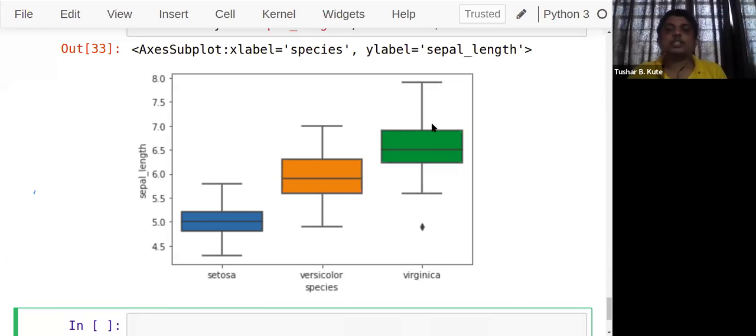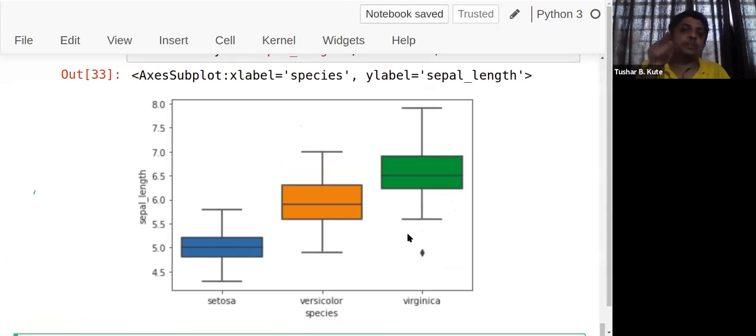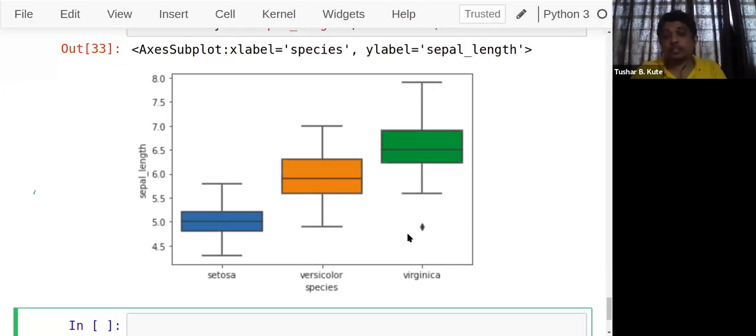Now, what is a quartile? See, the center line which is shown over here is the median of all, the middlemost element. Middlemost element means after sorting all the elements, whichever element comes at the center. After sorting, the element that comes at the center is called the median. And if two elements are there, their mean is called the median. Because when there is an even number of values, two numbers will be at the center, so their mean is called the median.